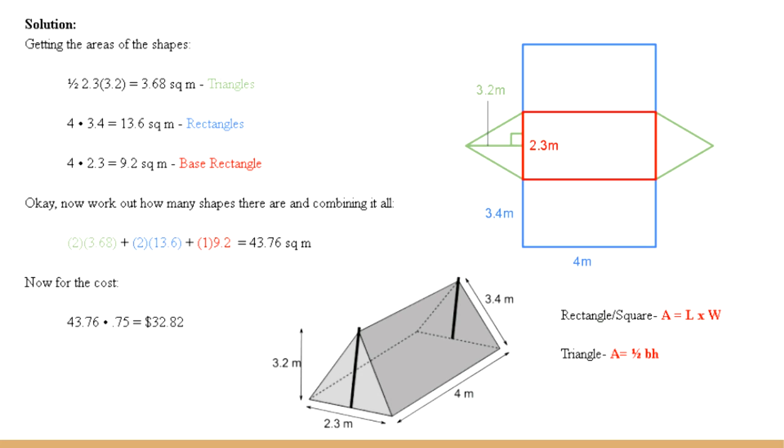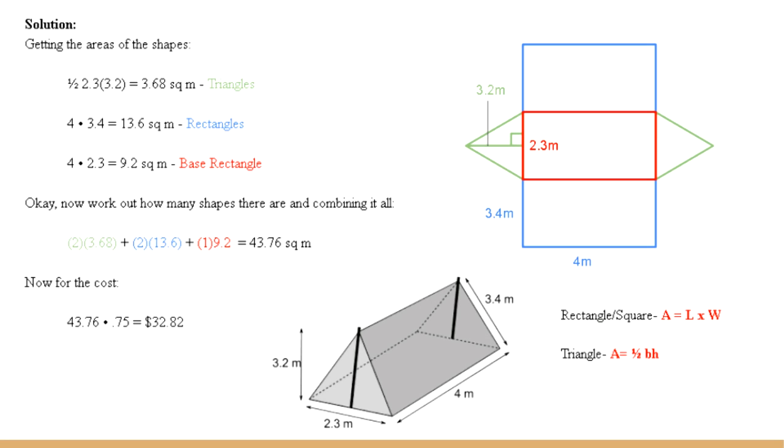Yeah, definitely. So with the triangles, I'm only going to be doing one of the triangles on one of the lateral faces, or the lateral rectangles. And then at the end, I'm going to multiply them by how many there are, which is how I kind of do things. If you have multiple of one thing, especially with surface area, it helps quite a bit. So with triangles, we got half of 2.3 meters, multiplied by 3.2 meters,